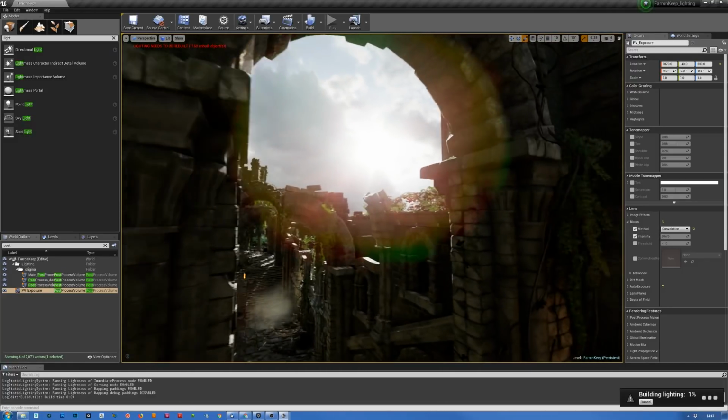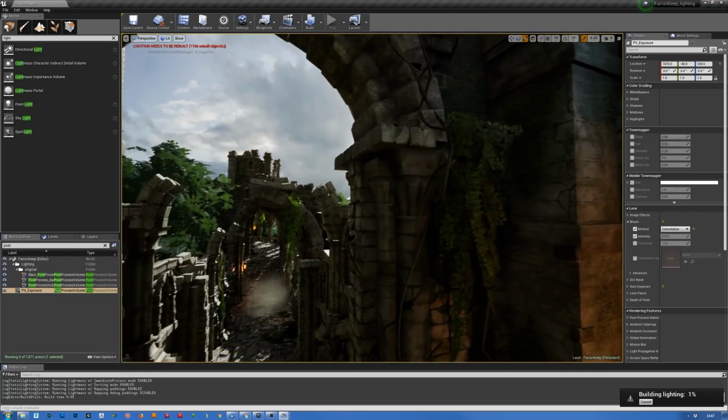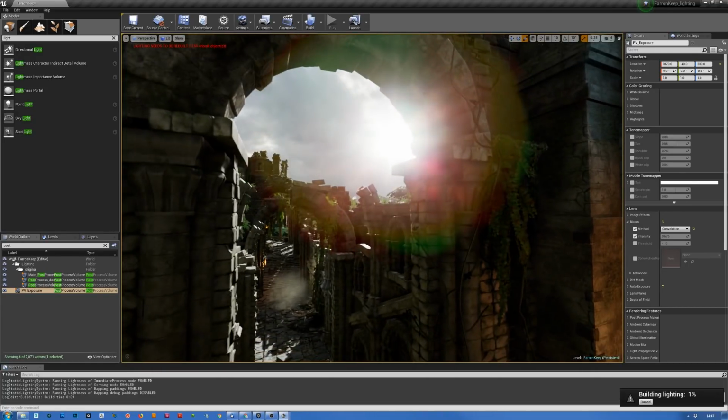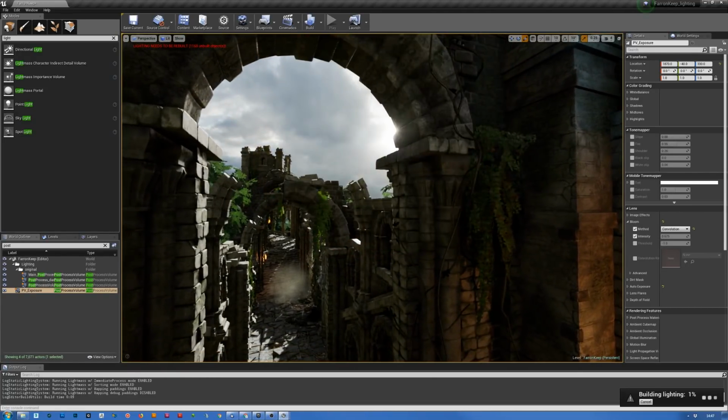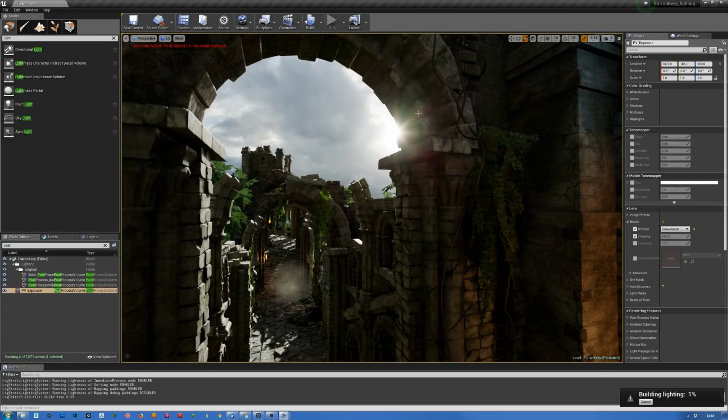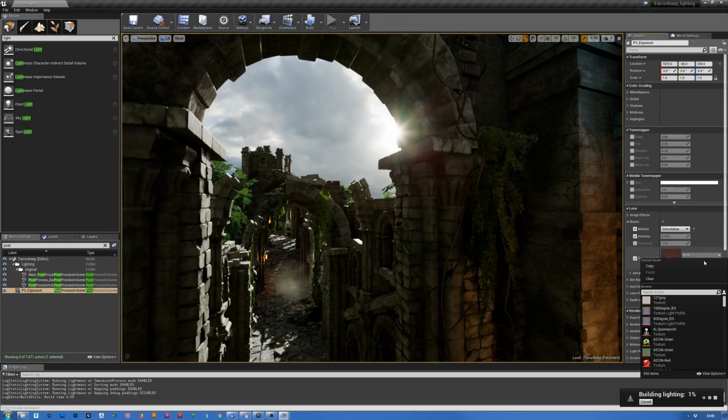And now it looks super ugly, as you can see. But look at this. Do you see this nice star bloom now? Let's choose the kernel and see if we have